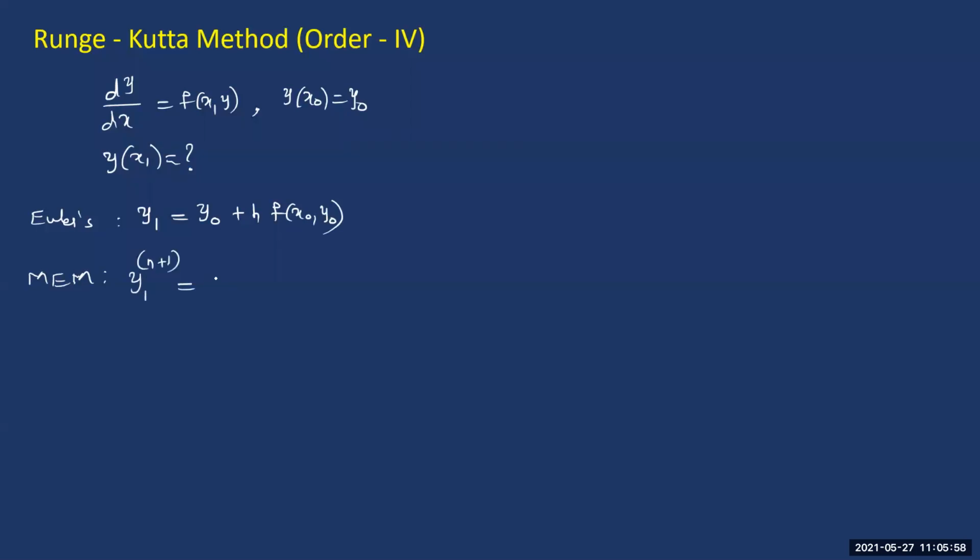The n plus 1th approximation of y1 is equal to, we have done it iteratively, y naught plus h by 2 times f of x naught comma y naught plus f of x1 comma y1 nth approximation. Right, we have used this formula to calculate y1 at the n plus 1th approximation. Now, for my convenience, I'm just writing it like this.